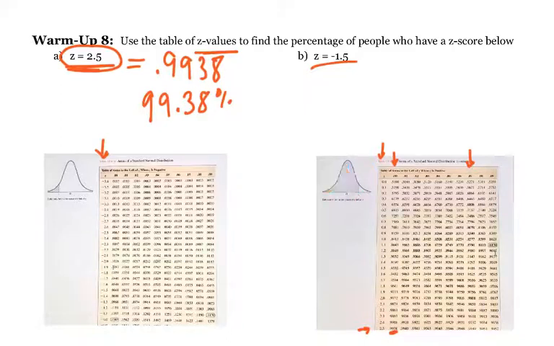Check for the z-score of negative 1.5. So again, we're going to look at this column. We're going to look at these negatives, and I'm going to go to negative 1.5. There's no hundredths place, so it's just that first column after the z-score column. And so I get that that is equal to